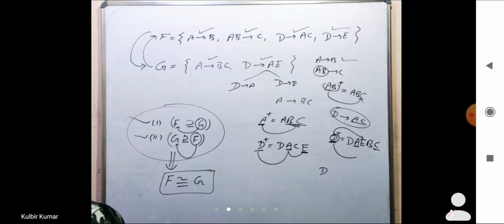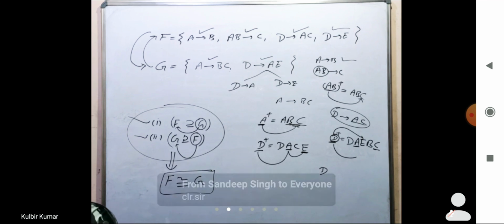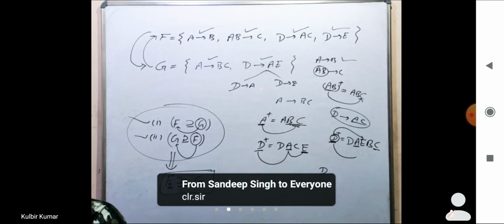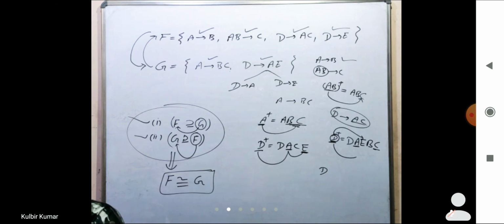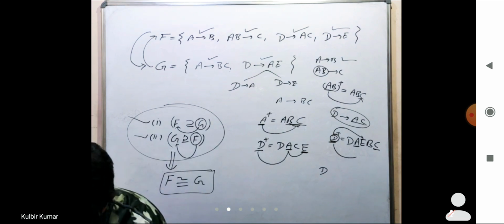Okay, so it is clear to all. So till this part we have done the membership test, also we have done the functional dependencies of subrelation, also we have done the equality between the functional dependency sets. These three things we have done. Next thing is what? Properties of decomposition.